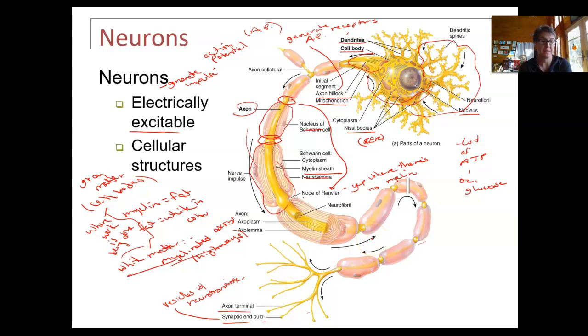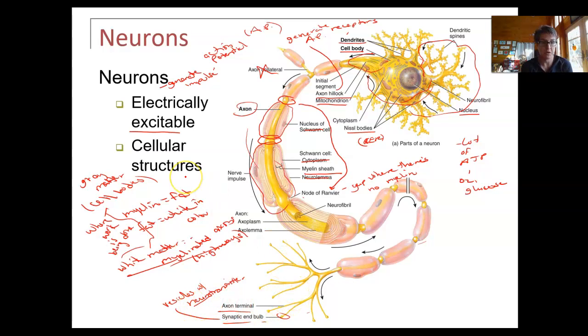I just like to take a minute and look at this beautiful thing. Neurons are pretty cool. Let's not worry too much about this whole axon collateral up here. Don't worry about that guy. Don't worry about cytoplasm. Okay, axoplasm. We have axons, we have myelin, we have nodes of Ranvier, we have axon terminals with all the little branches, the synaptic end bulb that contains